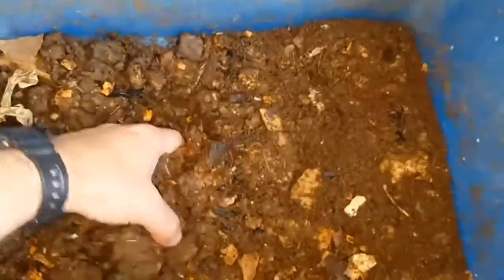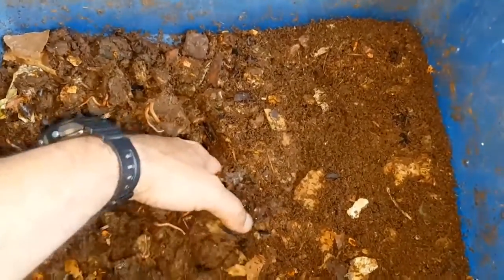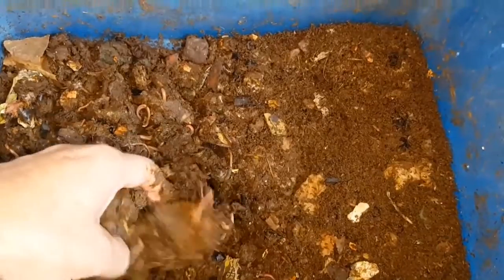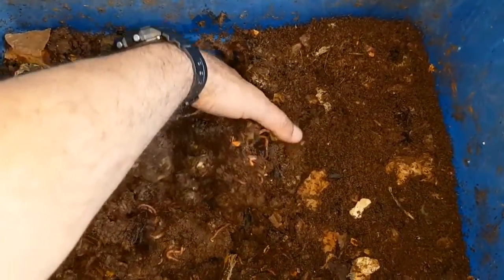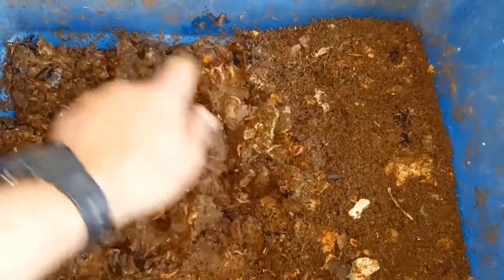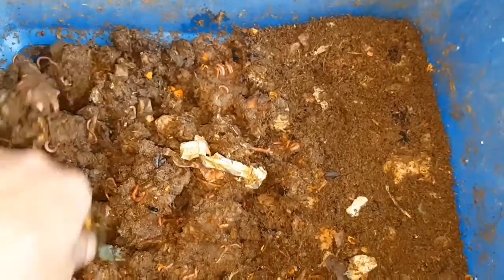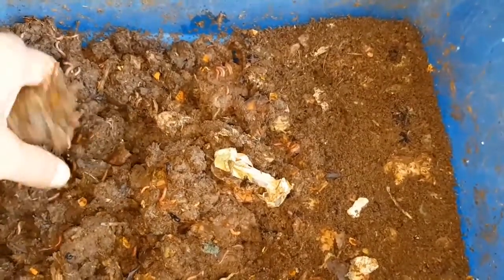You can see the bin to the left and the middle is quite rough looking, and you can see how smooth on the right hand side it is, which is where I buried the 3 kilograms of food last week. So the worms have been working that corner of the bin very well. I'm just tossing up the bedding a little bit to get some air through it, but you can see that there's a lot of worms still remaining in that left 2/3 of the bin,